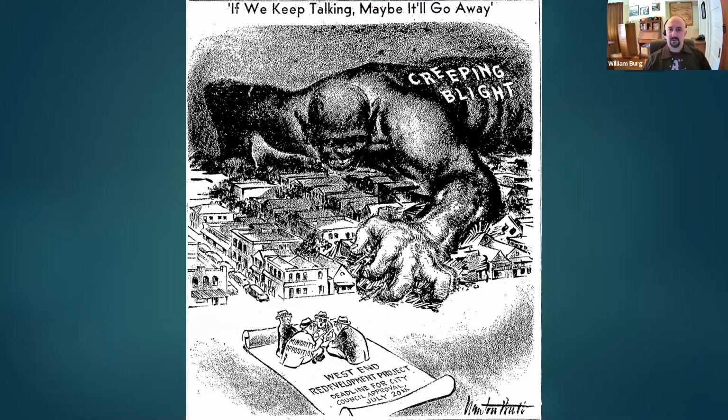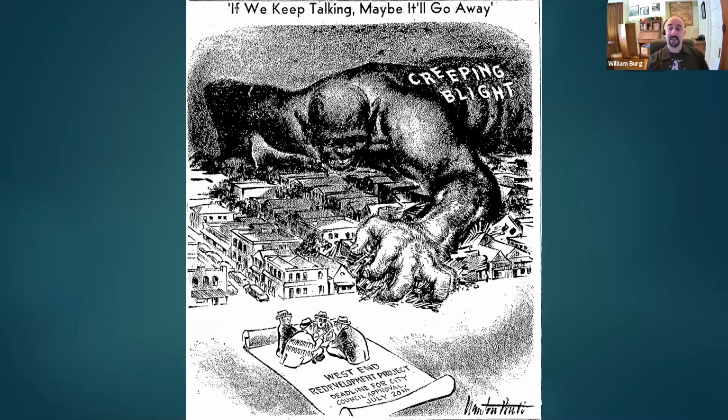It was marketed initially via a vote of the citizens of Sacramento, and it was turned down. So the city used a new method called tax increment financing to do it. And when they were trying to promote the vote, this was the kind of editorial cartoon that was created. The people who opposed redevelopment were assumed to be blind, they can't see, they're ignoring problems, and you can see explicitly the racial character that redevelopment had.